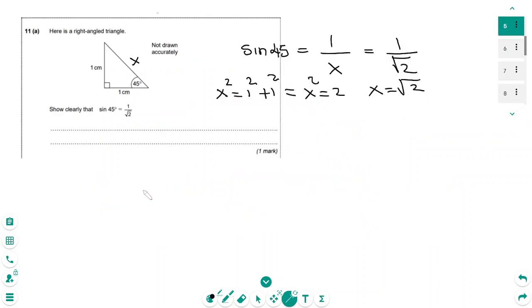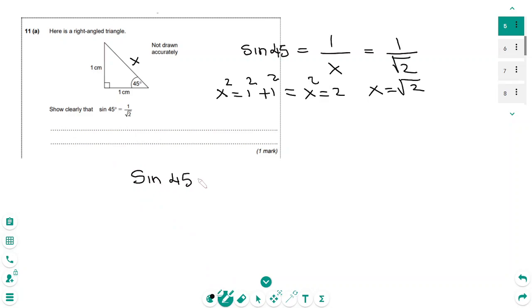And the other exercise I have on the screen is trigonometry, using this right angle triangle with sides 1 and 1, angle 45, to show that the sine 45 is 1 over root 2. To show, we may start with the definition of the sine function, and the definition of the sine function is the opposite over,